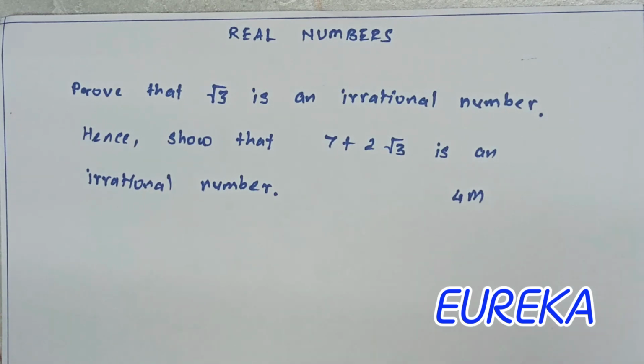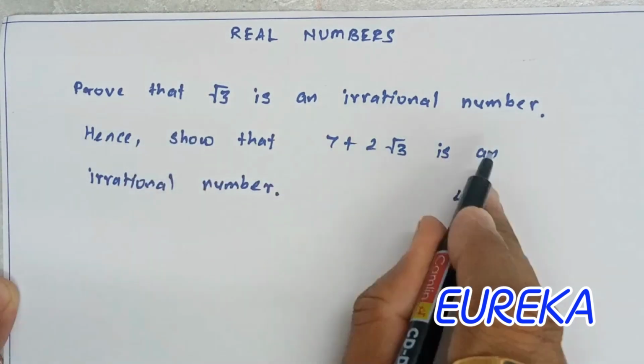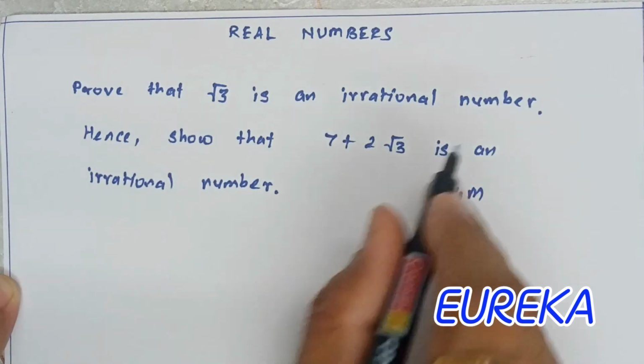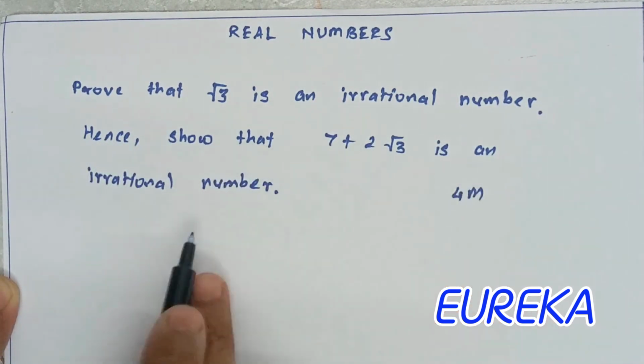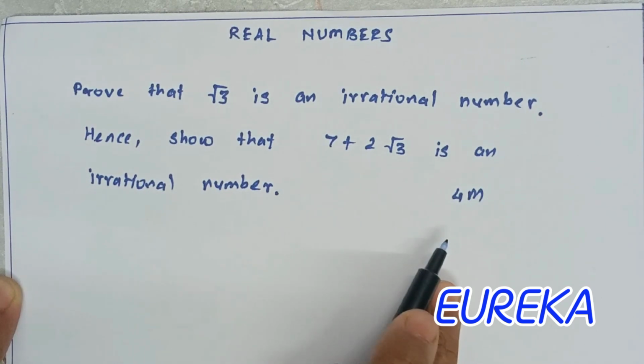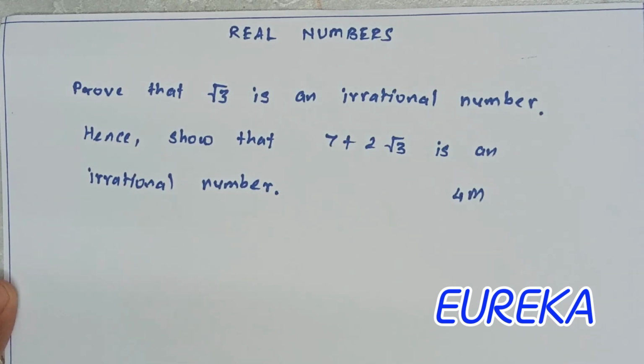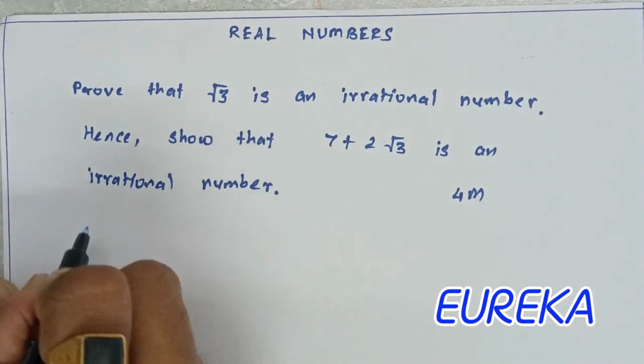For the second part, I will not do the first part here as we have already done it in the last part. So I will do this part: show that 7 plus 2 root 3 is an irrational number. The method will continue as it is. Which method did we discuss? Do you remember the name? The method is called the method of contradiction. It means we assume that this is not true, something else is true, and later on we prove our assumption wrong. The same way we will say,